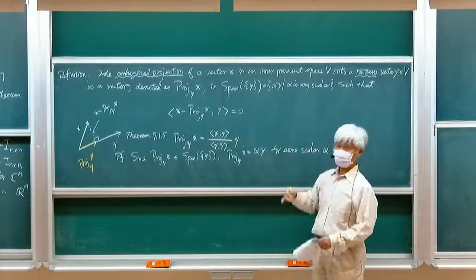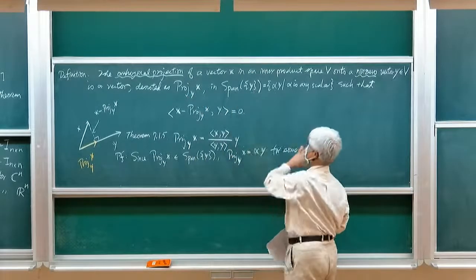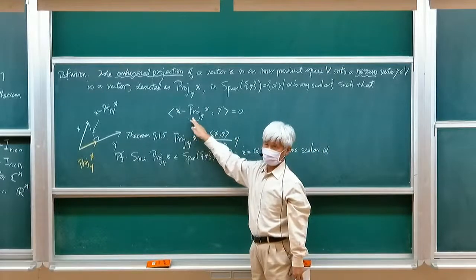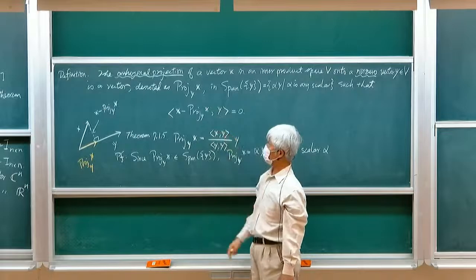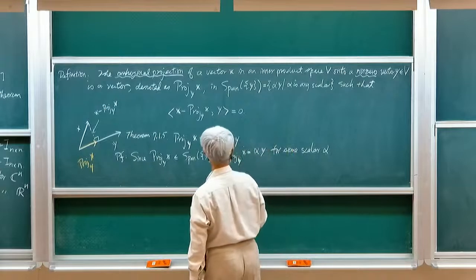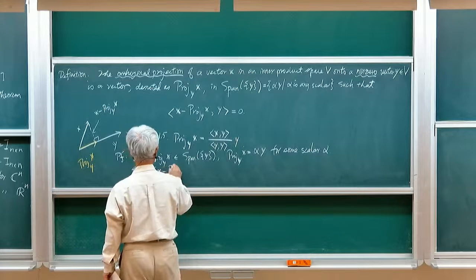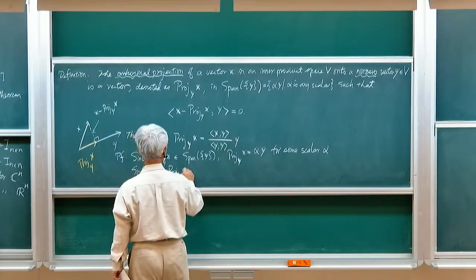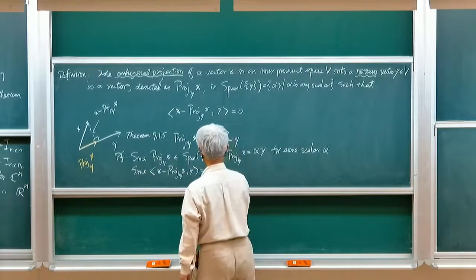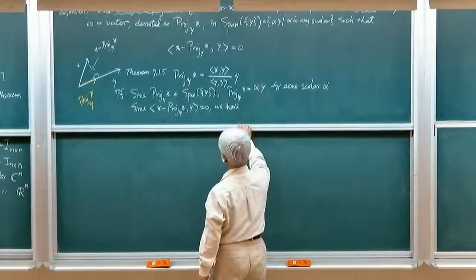In this definition, there are two requirements for the orthogonal projection. One is that this orthogonal projection should be in this span. The second is that this difference vector should be orthogonal to y, from this diagram here. The second requirement says the inner product is 0, right? So we have,